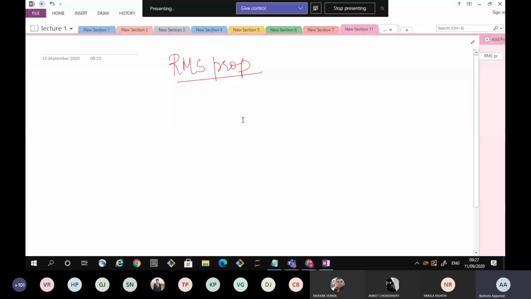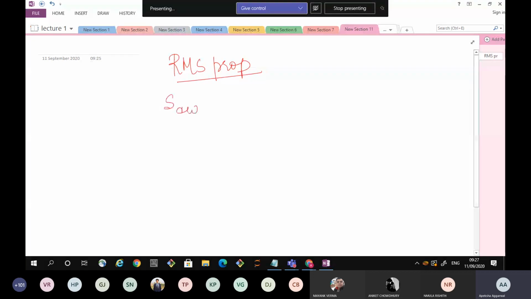Now RMS prop. RMS prop works exactly the same as a smoothing function. RMS prop and ADAM are extremely popular algorithms, and whenever you are using optimization, generally we use ADAM or RMS prop, because practically it works well for a large number of applications. So try using the RMS prop and ADAM optimizers, and try repeating your algorithm whenever you are fitting your function for both of these.